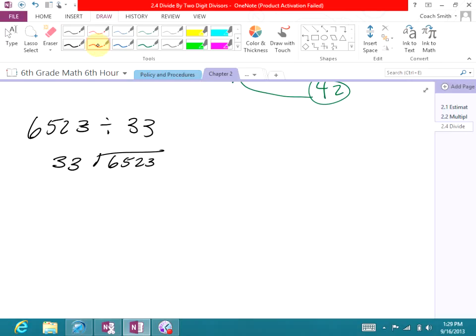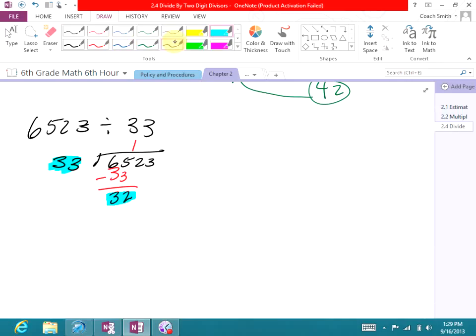Isaiah? One time. Goes one time, and that's 33. And we subtract. 65 minus 33 is 32. Now, if your remainder is ever bigger than your divisor, then you've made a mistake. Okay? Means you need to increase the quotient number by 1. Judah? Yes. All right, so now